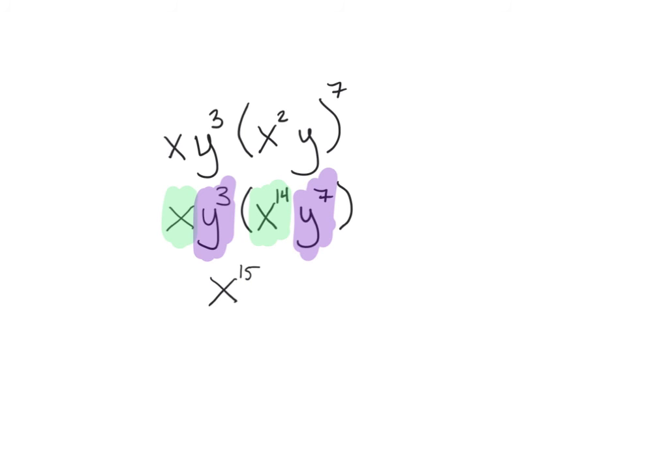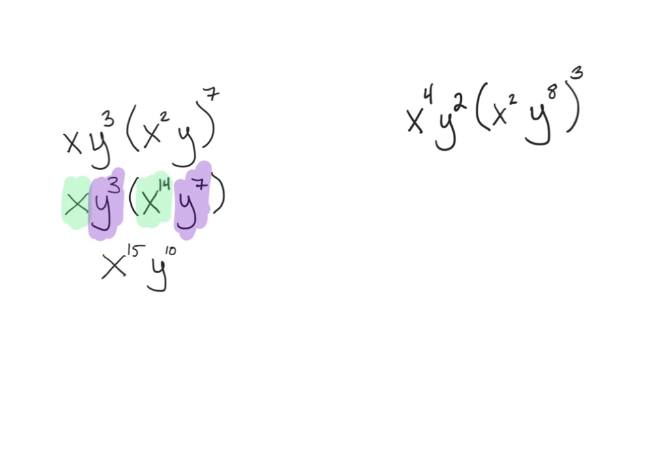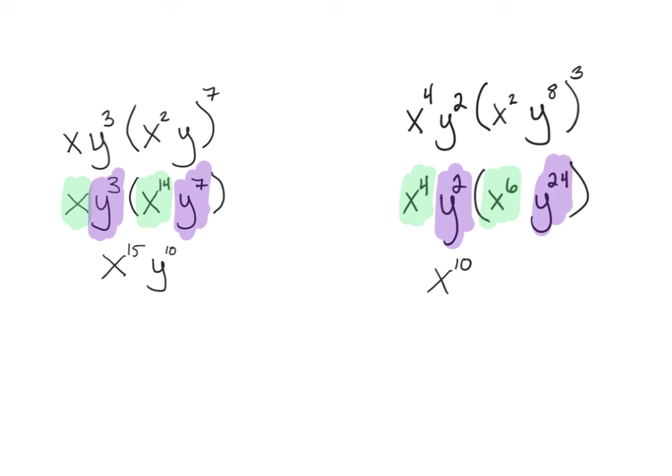Then I have y to the third power times y to the 7th power. 3 plus 7 is 10, so I'm left with y to the 10th power. Try this one on your own. Go ahead and pause and then come back. So step 1, apply the exponent outside the parentheses to the elements inside the parentheses via multiplication. This tags along, and now our x's interact with each other and our y's interact with each other by adding the exponents since we